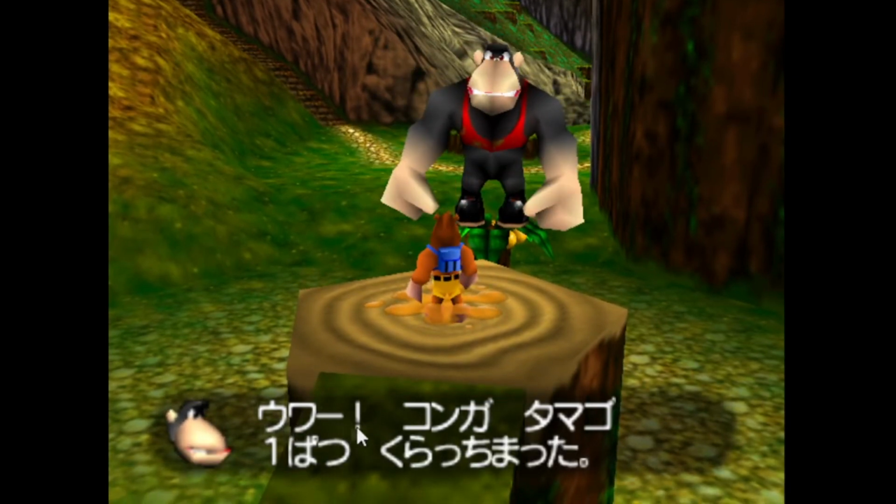And then uwa. Konga tamago ippatsu kurachimatta. Ippatsu. Yeah, okay, that makes sense. Sorry, I was confused for a second there. Konga, so bringing up the topic of himself, even though there's no particles. Konga tamago ippatsu. Patsu is a counter for shots or rounds or bullets, maybe.